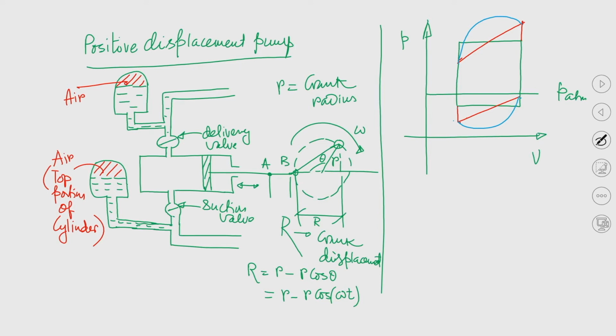What does it indicate? It indicates that the driving force is now getting reduced. Driving force for what? Driving force for the flow to occur from the suction tank into the cylinder. As a result of which, what will happen, towards the end of the suction stroke, liquid both in the suction pipeline as well as liquid mass in the cylinder will have deceleration, right. So, acceleration and deceleration we have understood.